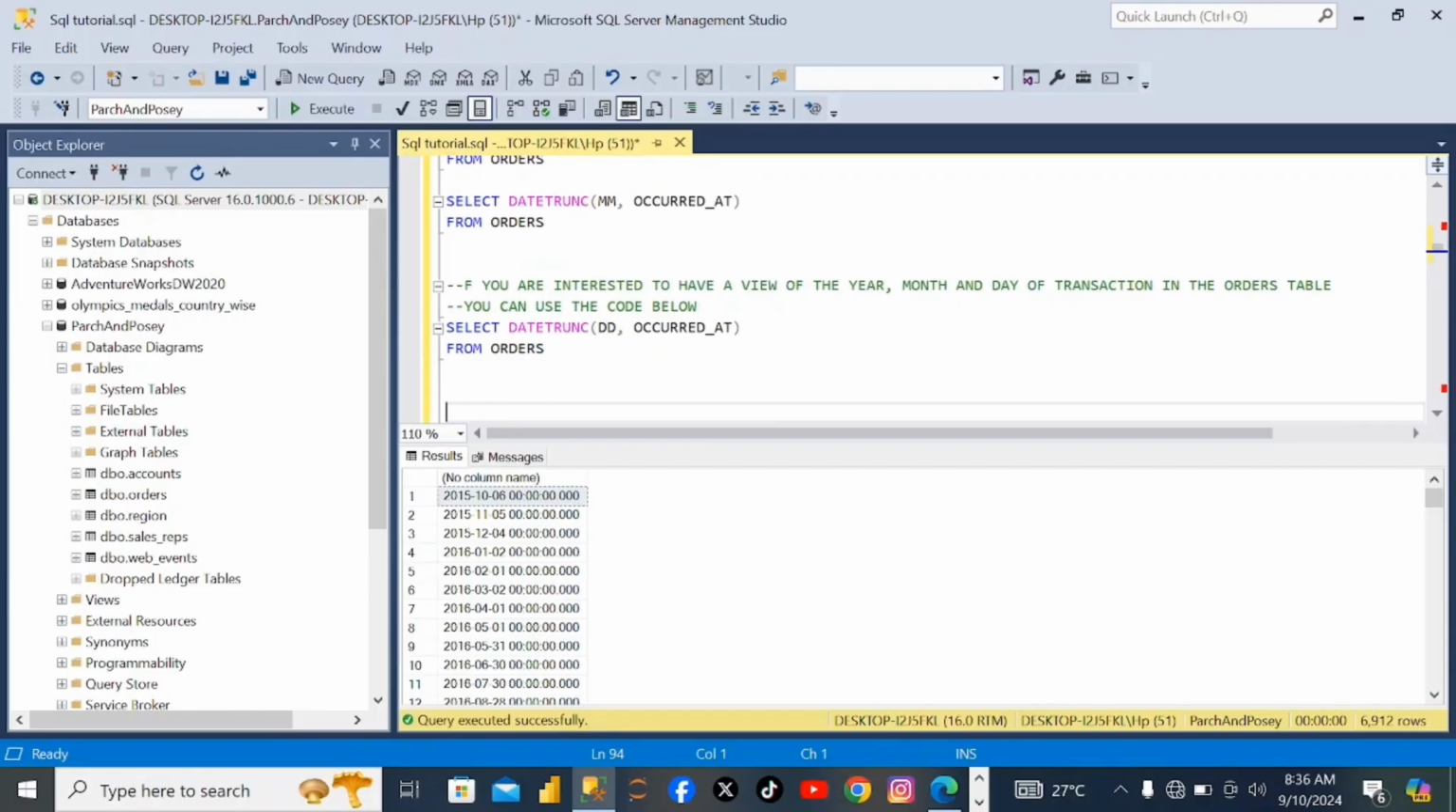Okay, so if you are interested to have a view of the year, the month, and the day, use this code. So once you write select from the code as from orders, you have a view. You can see over here 2015, 10th, and 06. But if you want to have a view of the year, the month, the day, and the hours, that is the time,